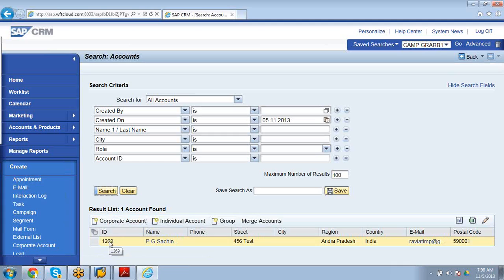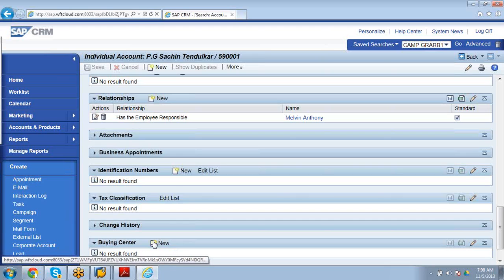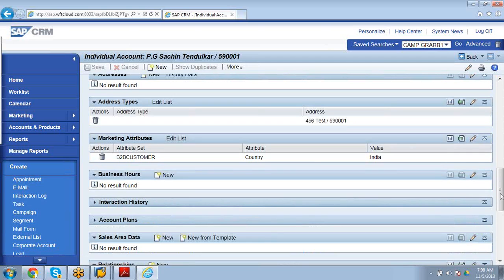You can see what we have recently created. The internal ID automatically comes, and we have given the name and street. Double click, everything. Double click again. Now we can add the sales areas.